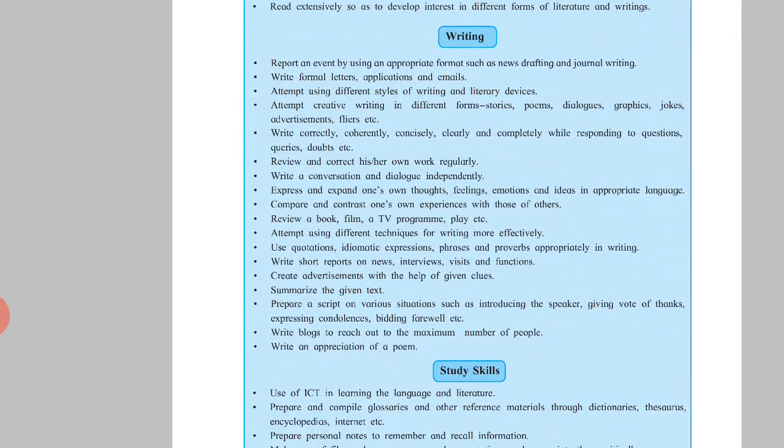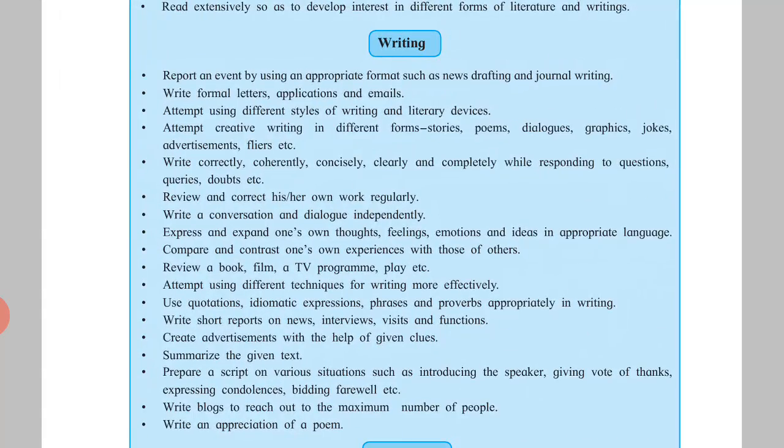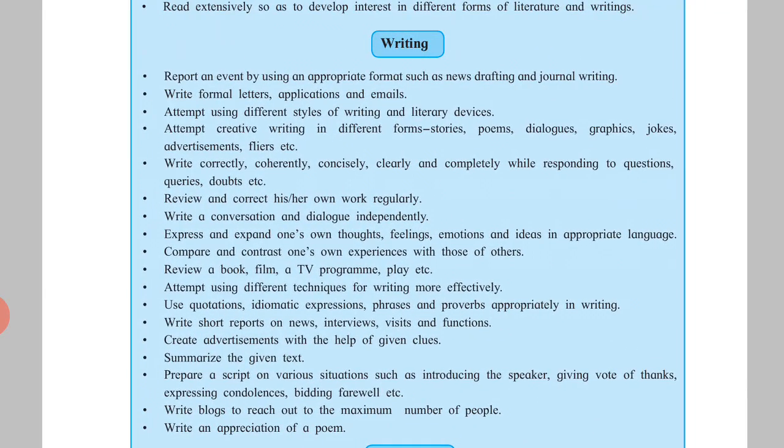And the last one is writing. According to the writing skill, report an event by using an appropriate format such as news, drafting and general writing. Write formal letters, applications and emails. Attempt using different styles of writing and literary devices. Attempt creative writing in different forms, stories, poems, dialogues, graphics, jokes, advertisements,